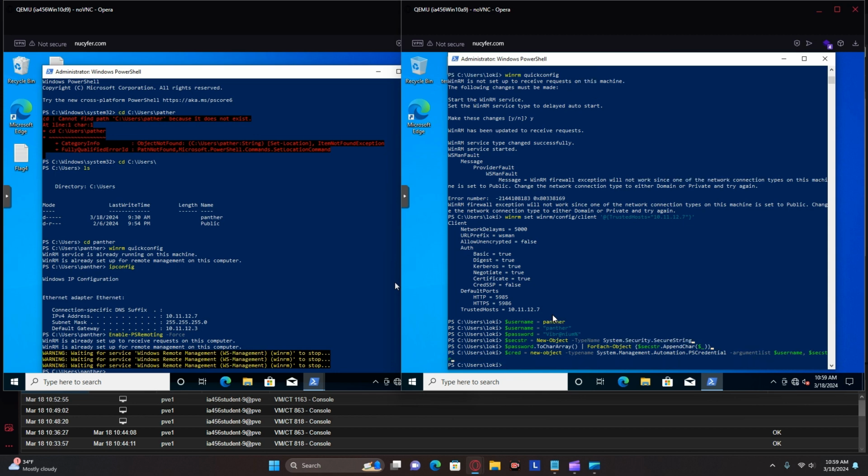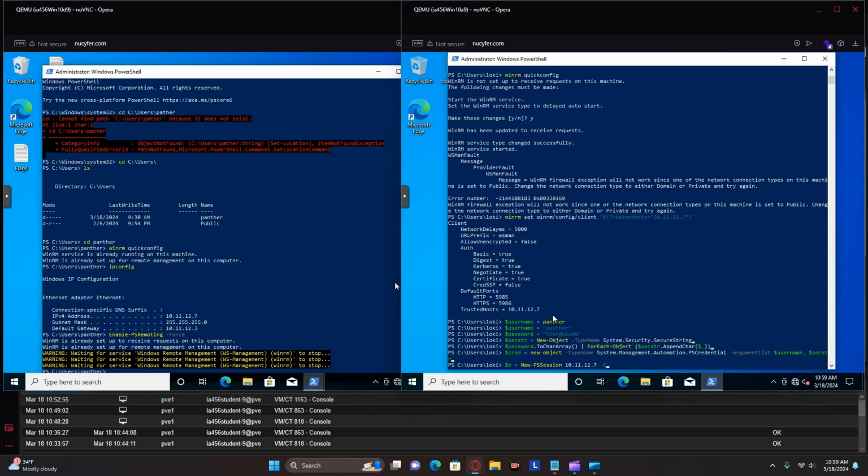There's one last variable you need to set, as $B. It can really be anything, but I'm using B as the variable. Equals New-PSSession, then the IP address of the machine you're trying to connect to,